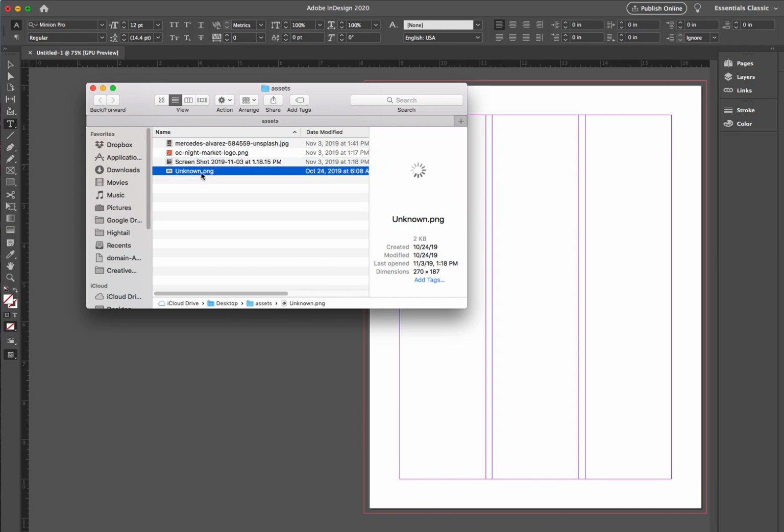Okay, what is this? It says unknown. Okay, so this is just my universal product code, and it's fake. I just got it from Google. Just Google and get a product code and just download it. Again, make a folder, assets. Put that in your folder called OC DEZIN'D Magazine. Okay, so